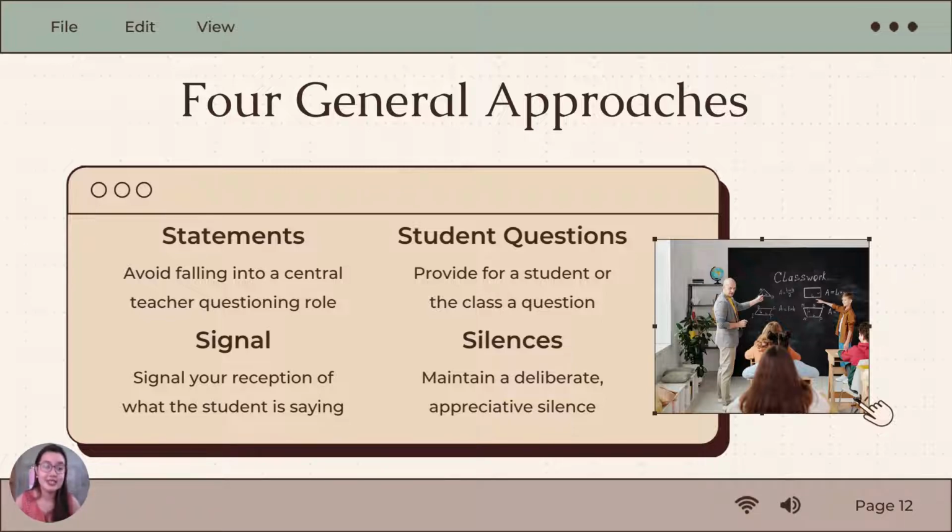And then lastly, you have the silences. If you want to be dramatic, say nothing at all, but maintain a deliberate, appreciative silence for 3 seconds or so. Keep a poker face, with maybe a casual nod of agreement, until the original speaker resumes or another student enters the scene. If the silence is too long or too awkward, then that's the time where you have to act quickly